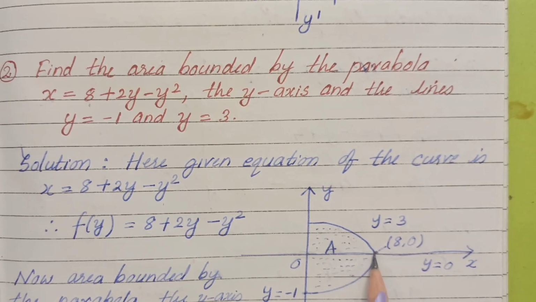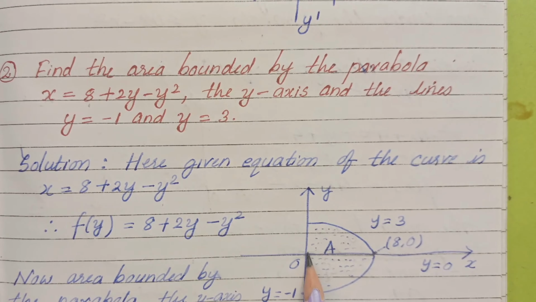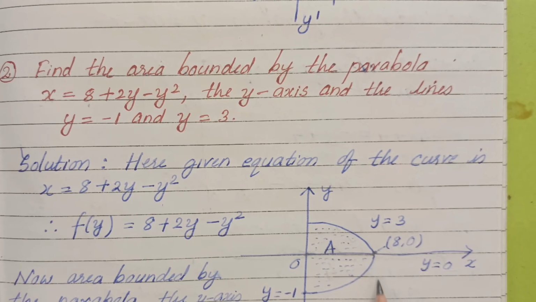Here it is 0 and here it is 8. So from here to here, this would be the graph. So the graph is from 0 to 8. Till here we know. Now whether the graph moves that way or the curve moves this way, we will know by the equation that is asked.